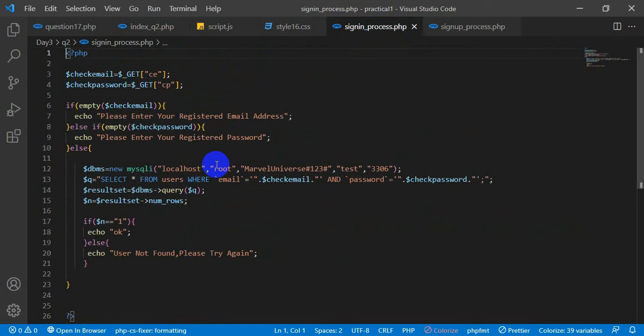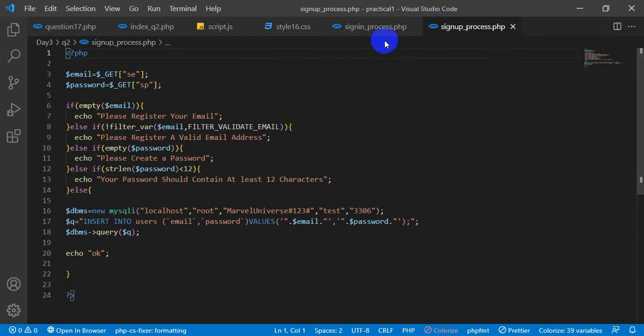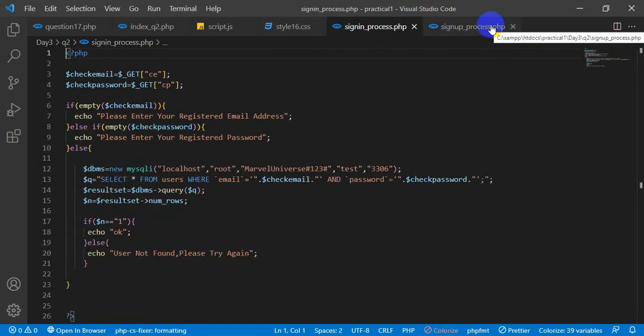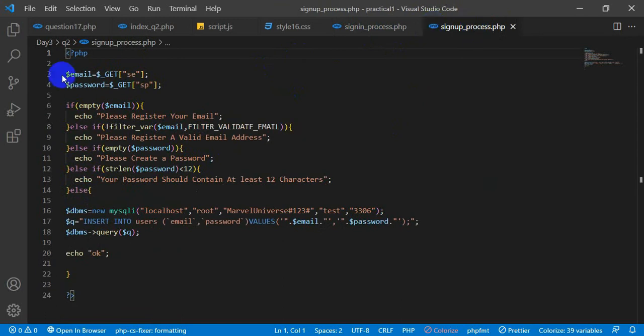In my localhost, I have a server called the Apache server. It runs all the PHP for me, because my browser cannot process PHP, but my Apache server can. So all these sign in and sign up pages are written in PHP, and all the PHP is run by the Apache server.